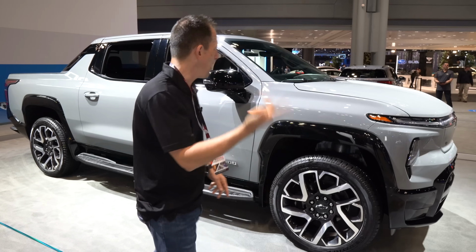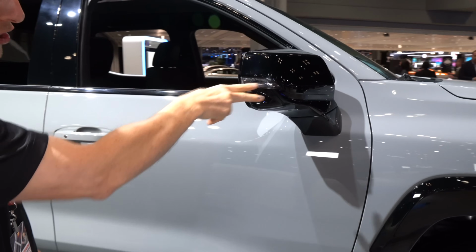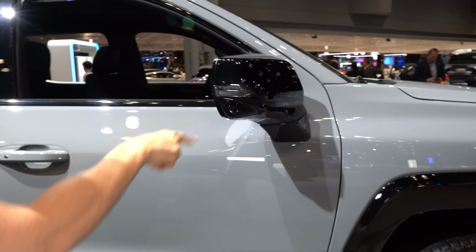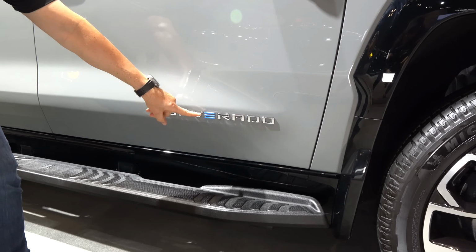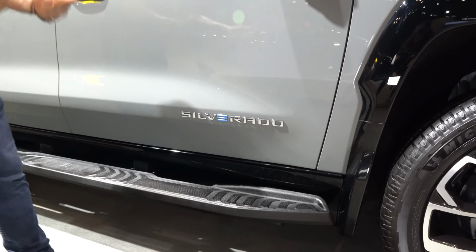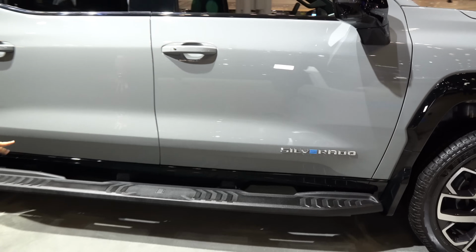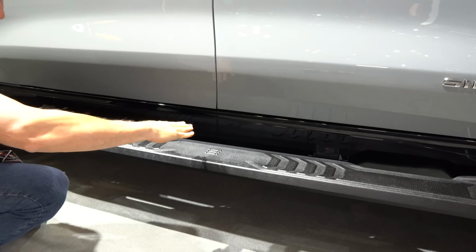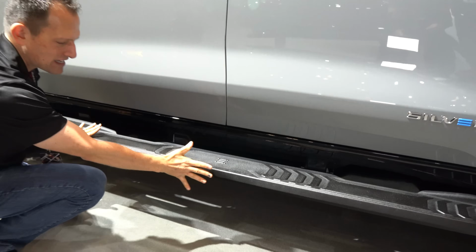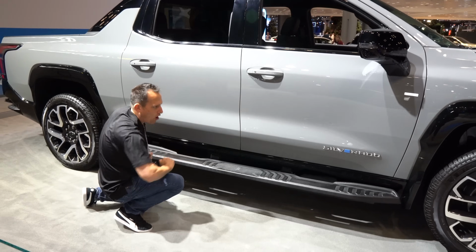the Rivian. Now, working our way back, you do have your power folding mirrors, gloss black, 360-degree cameras, the bold Silverado name, and I love the way you have the blue E because this is the Silverado EV. And you have the fixed running boards, which makes sense because this is where you have that multi-cell Ultium battery pack, and it's really nice the way that the running boards kind of just blend all of that in very